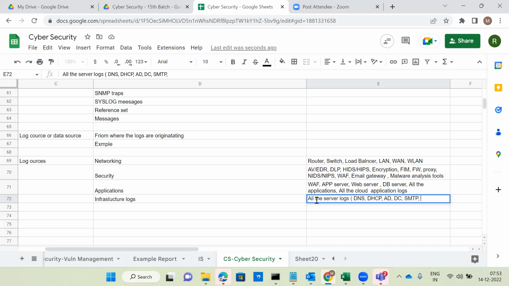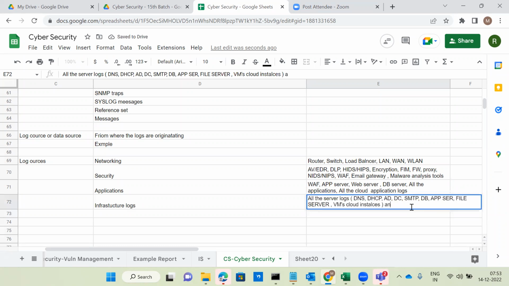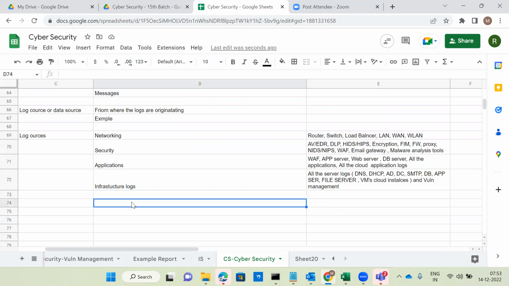Once again, DB will come here, along with app server, file server, all the servers in the organization, Windows, Linux, middleware, virtual machines, and cloud instances. Along with this we have vulnerability management logs. VULN means vulnerability management.